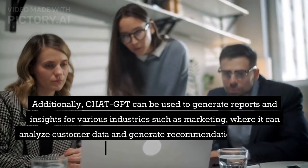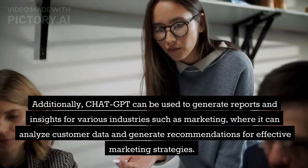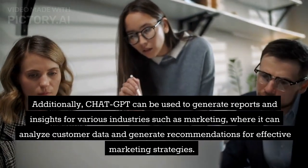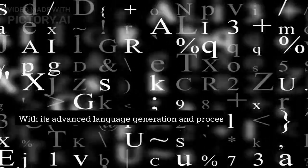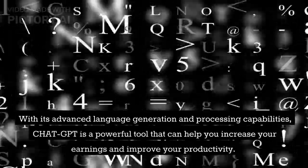Additionally, ChatGPT can be used to generate reports and insights for various industries such as marketing, where it can analyze customer data and generate recommendations for effective marketing strategies. So, these are just a few ways in which you can use ChatGPT to earn money. With its advanced language generation and processing capabilities, ChatGPT is a powerful tool that can help you increase your earnings